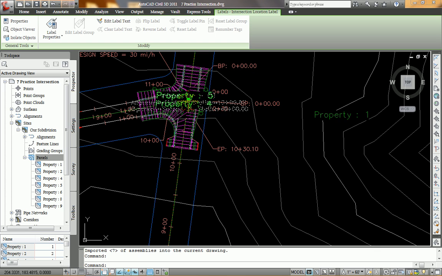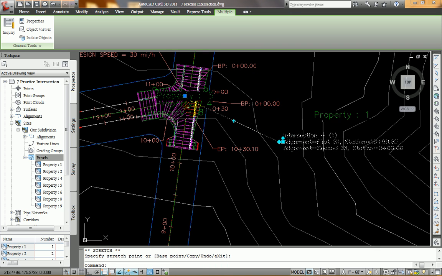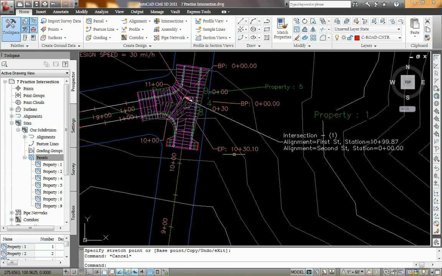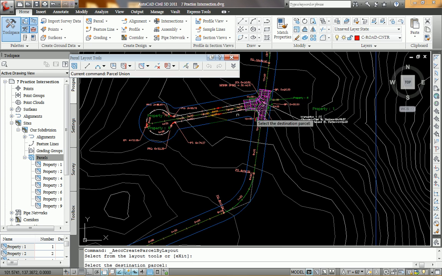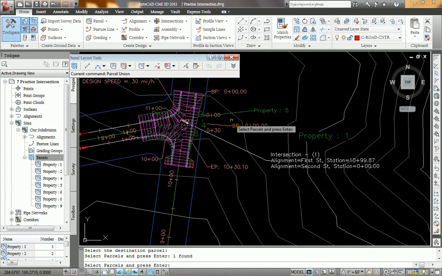So again, if you want to grab some of these labels and pull them off to the side just so that they don't get in the way as much, you can always go in like we did before, get the parcel creation tools and do that parcel union and say that we want to put it into property 2 and we want to put in property 6, we want to put in property 5, property 4, 8, and 9,